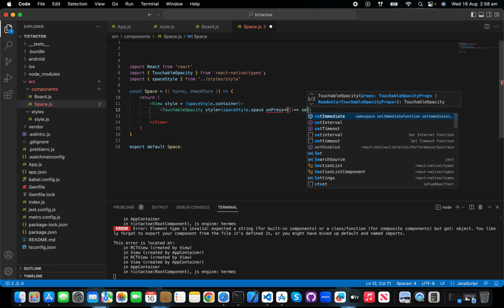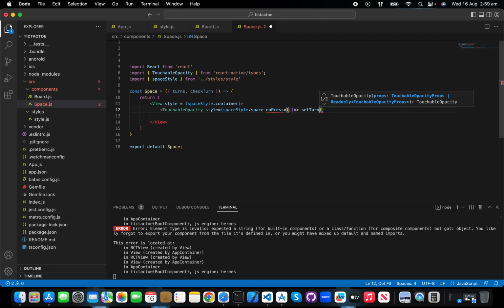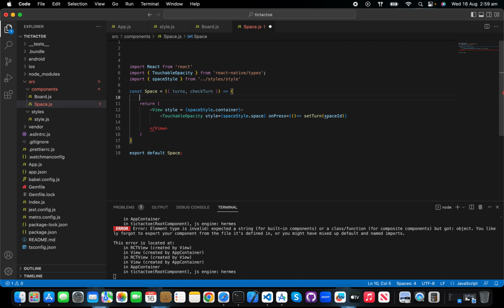We want to set turn into space ID for space. Okay, so we have to define this space ID and turn. Let's just say